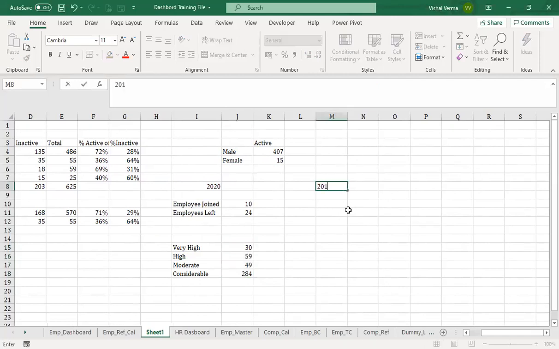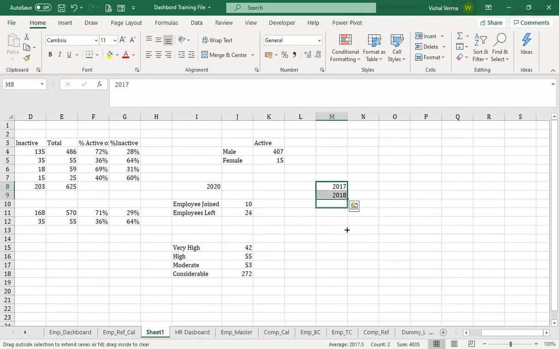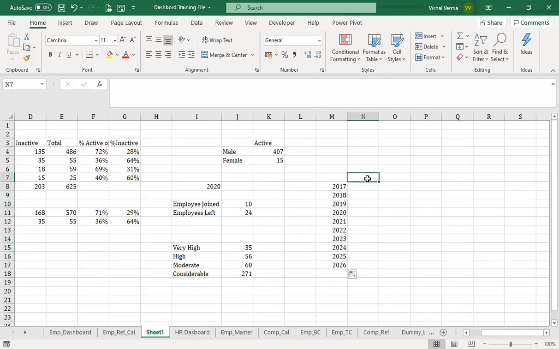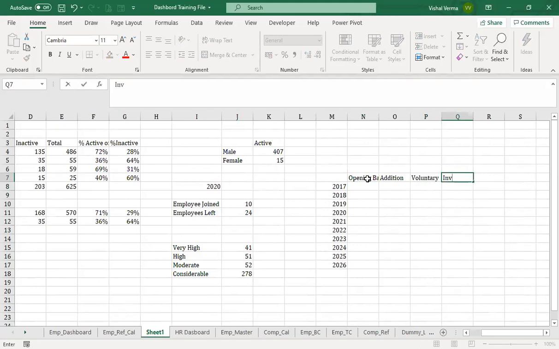So we have, say, data from 2017, 2018. So we have the different years, let's say till 2026. Then we have the opening balance, then we have the addition, then some employees who left voluntarily, and then we have involuntary.